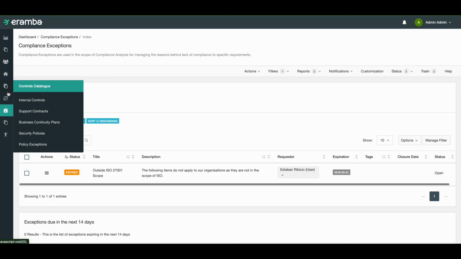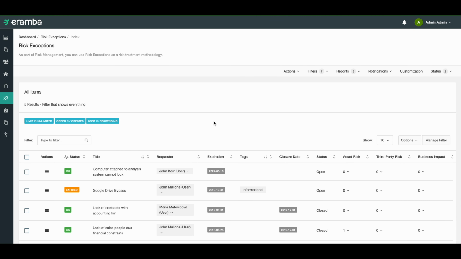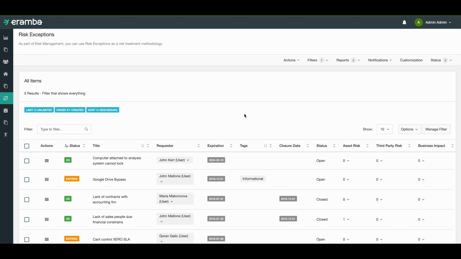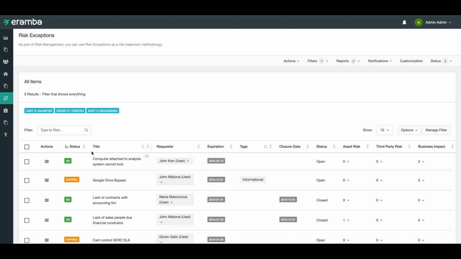Now, I will be using the risk exception module as a way to explain the general functionalities of the module. But again, what I'm showing you here applies basically to any other exception. A typical exception, as I discussed before, has a title where you describe what is going on, who took the decision to create the exception, to approve the exception. You have an expiration, and this date will be in the future, and you can set up notifications that will trigger against this date. So you could say, send an email 1 day, 10 days, 30 days before the expiration date, send that to the requester, so the requester can review the